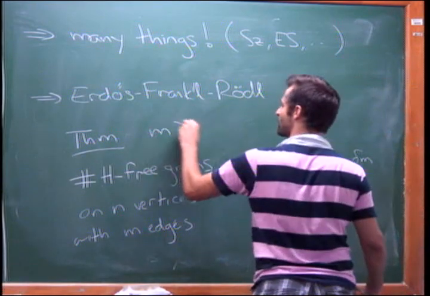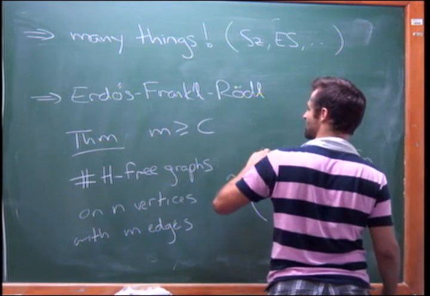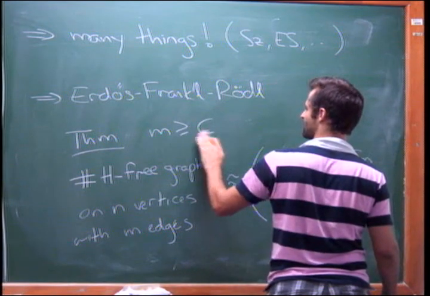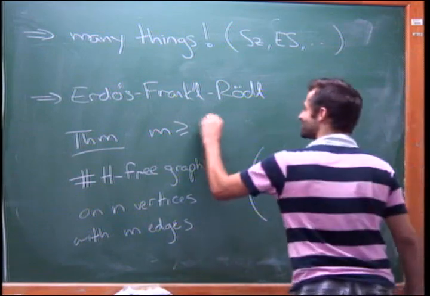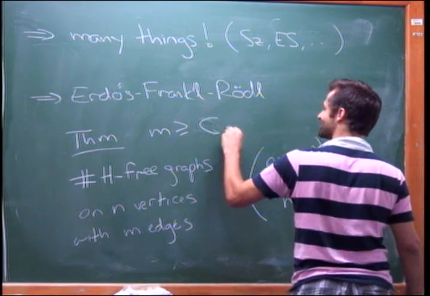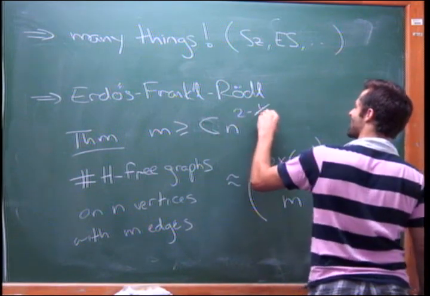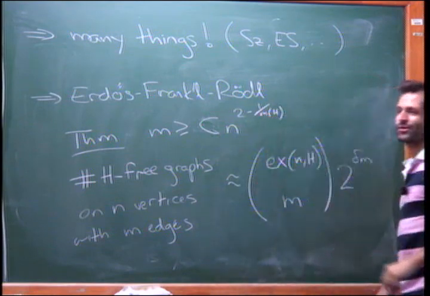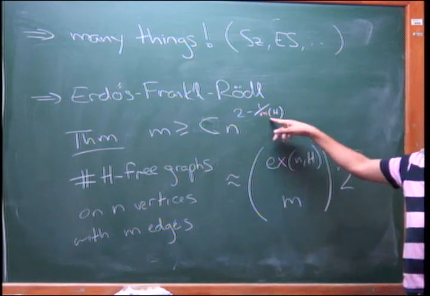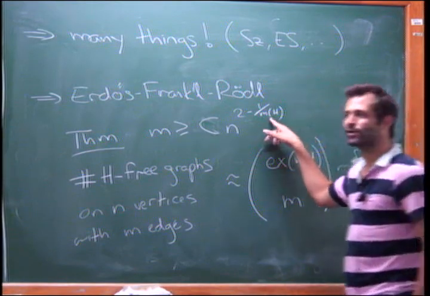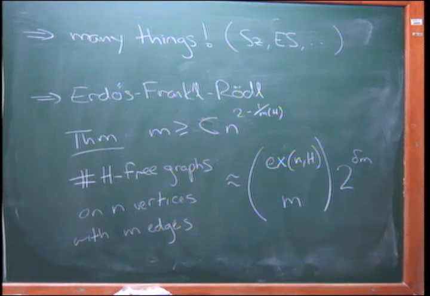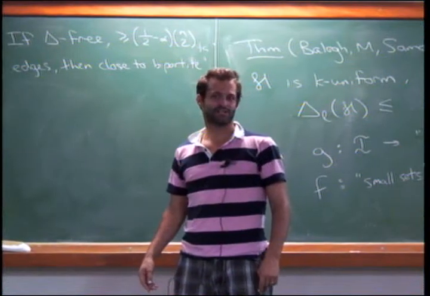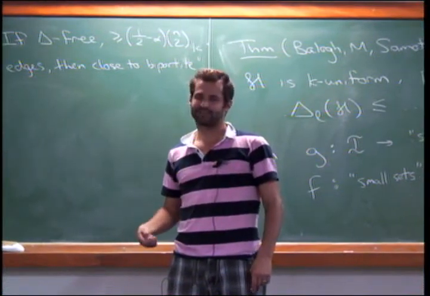So I need m bigger than c, well, we should say the threshold, which turns out to be n to the 2 minus 1 over m of H. So this m of H, if you ever did the exercise in the random graph section, which asked you what's the threshold for